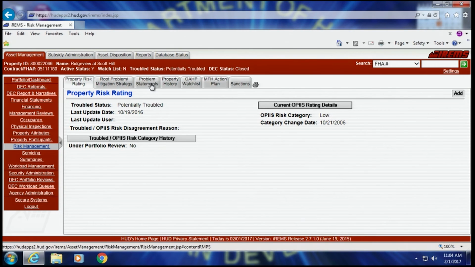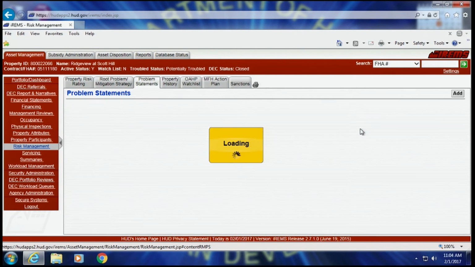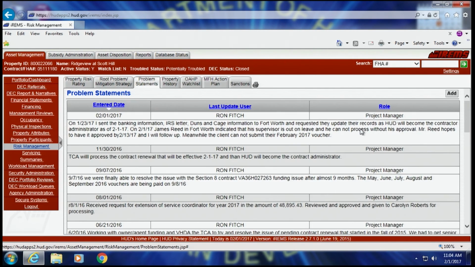Where we're going to go to look for that particular information is the property problem statement. The first place we're going to look for information that ongoing problems are occurring on this property is the property problem statement. We're also going to be looking to see if you're putting in information that is advantageous to headquarters processing your approval. This could be units offline.